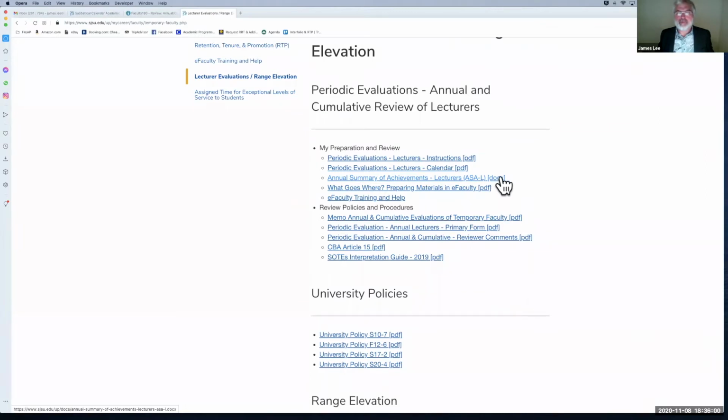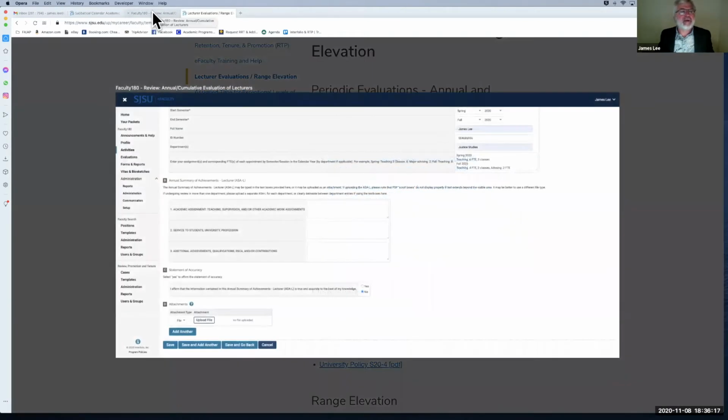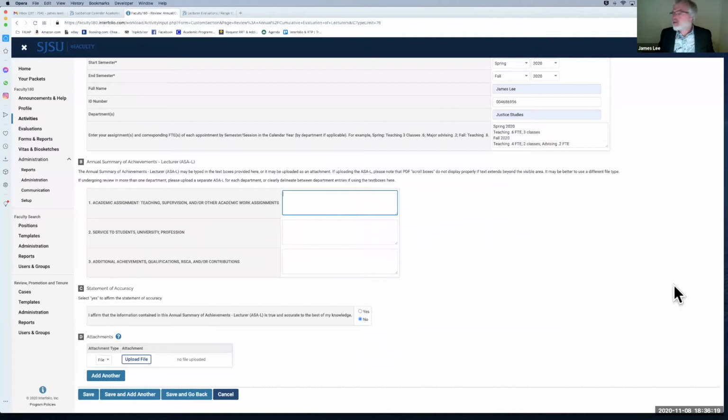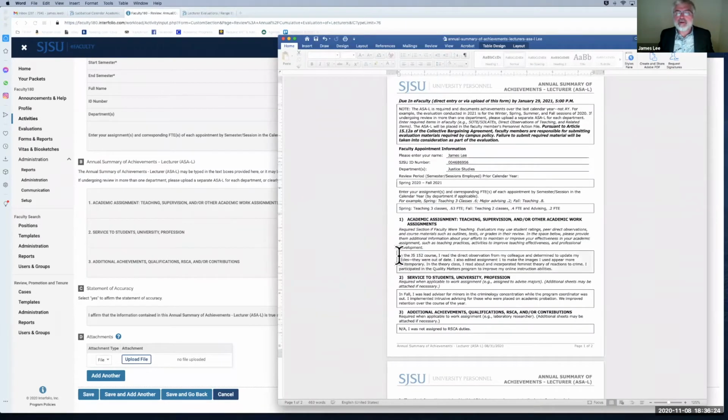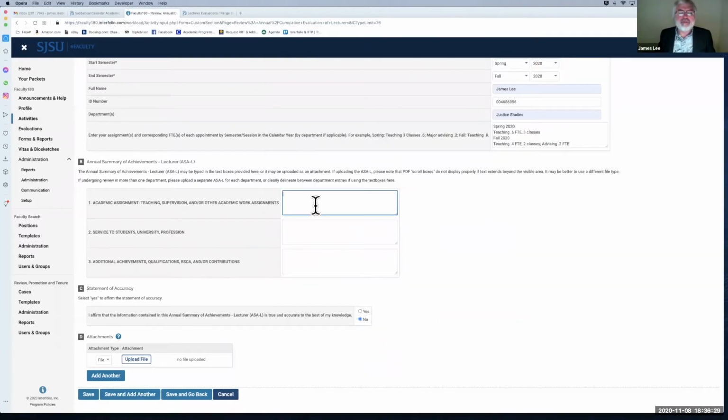It's in Word format because using Word allows for an easier upload to eFaculty, where reviewers can read expandable text boxes. Unfortunately, PDF text boxes sometimes cannot be read in eFaculty. So let me take the information I've already put on here, and I'll just copy and paste that into the description here. So there, I filled that one out, and I also have